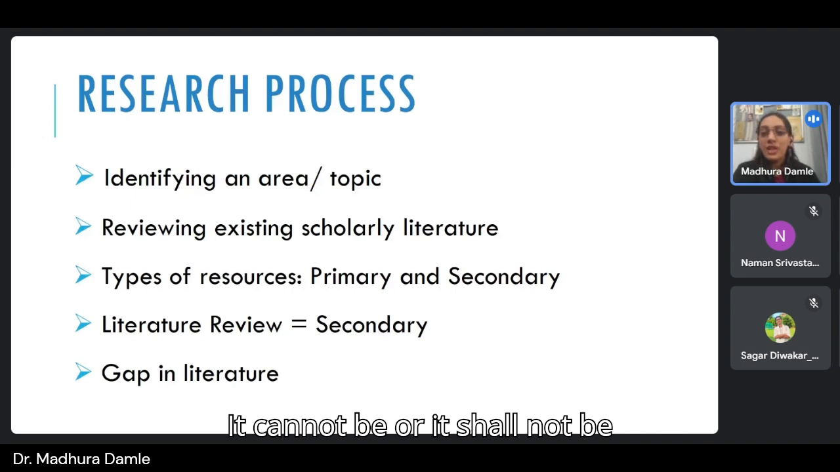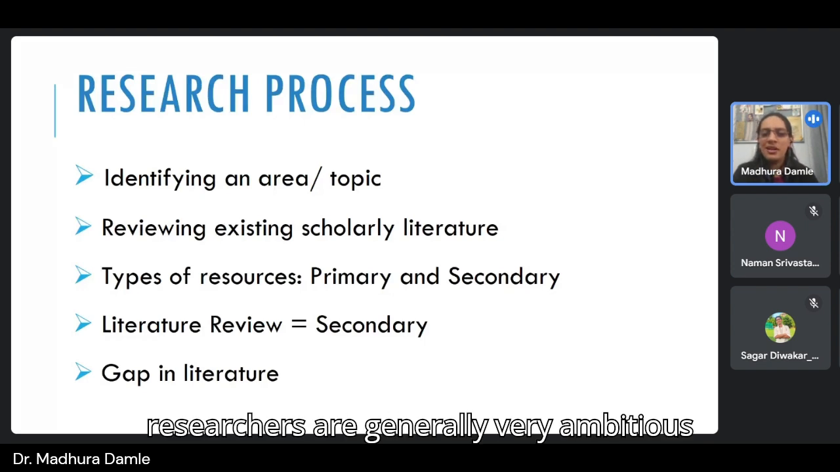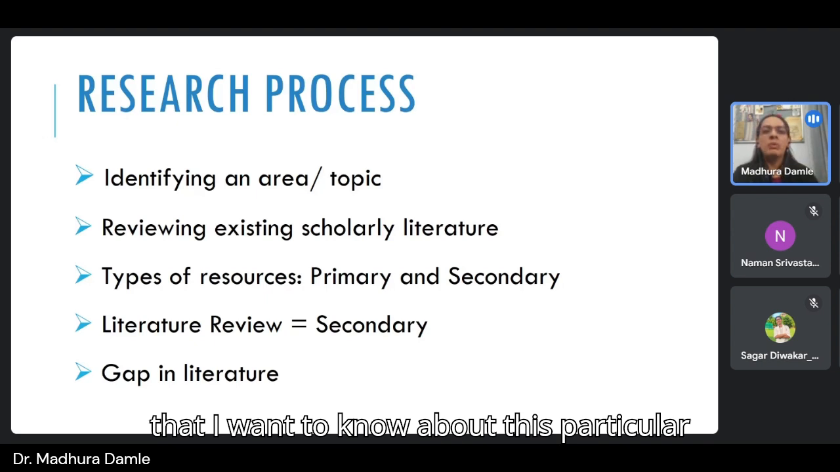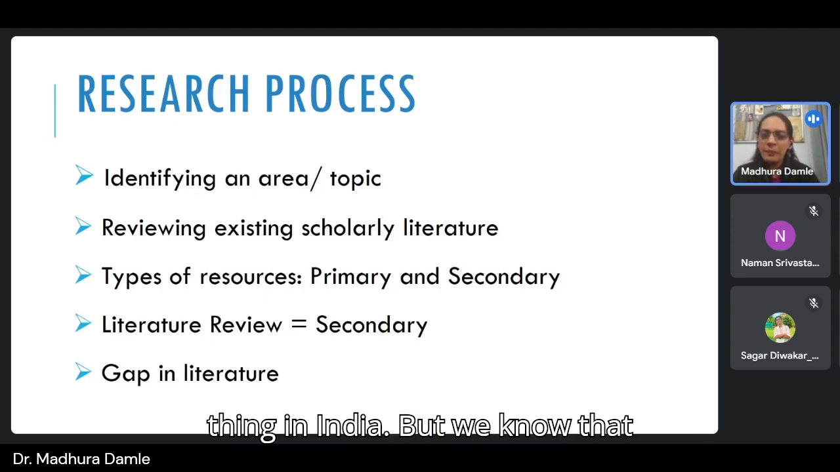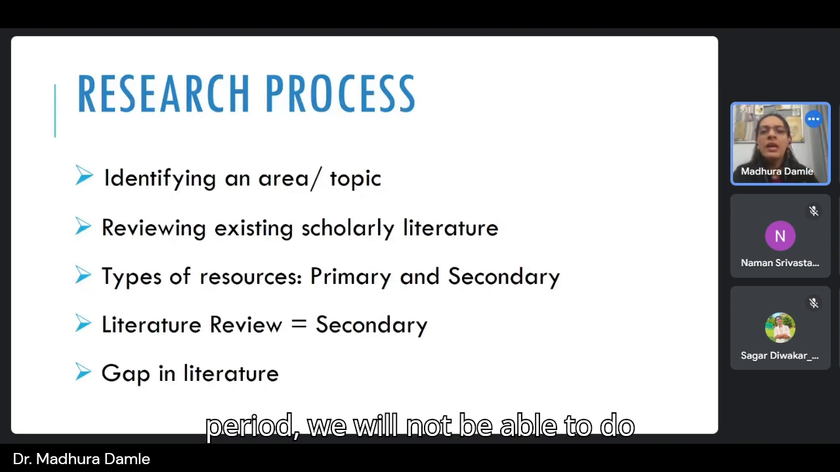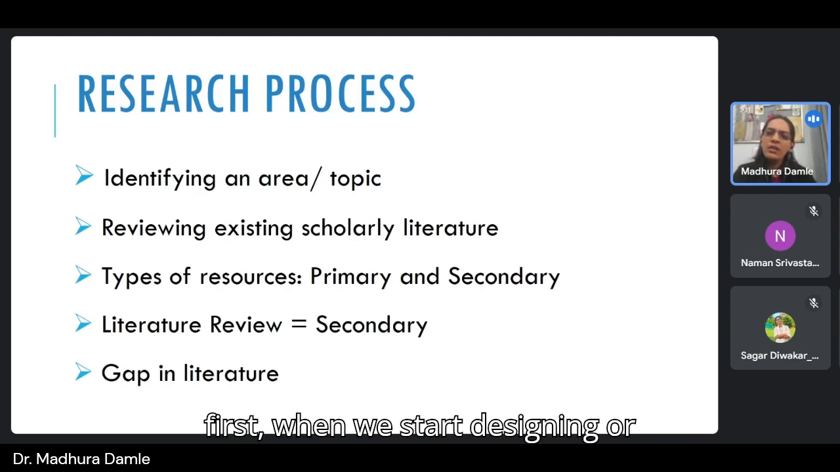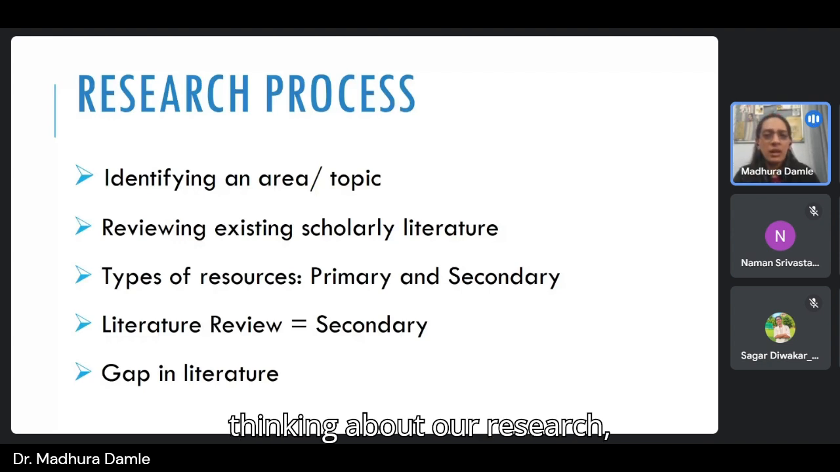It shall not be very wide, though students or researchers are generally very ambitious, saying I want to know about this particular thing in India. But we know that it cannot be done if we are too ambitious, if we are taking a very broad area, a very long time period. We will not be able to do justice to our research. So, first, when we start designing or thinking about our research, when we start writing our proposal, first we